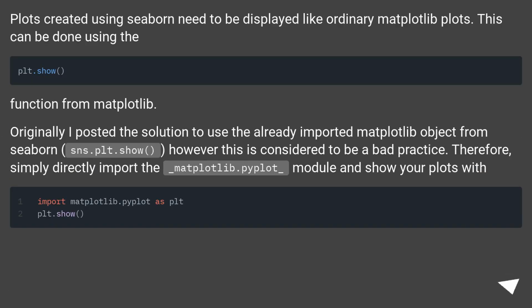Plots created using Seaborn need to be displayed like ordinary matplotlib plots. This can be done using the show function from matplotlib. Originally I posted the solution to use the already imported matplotlib object from Seaborn, sns.plt.show, however this is considered to be a bad practice. Therefore, simply directly import the matplotlib.pyplot module